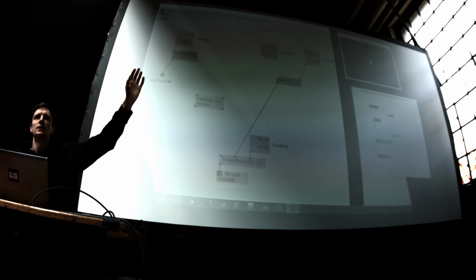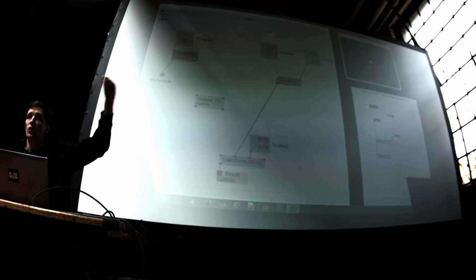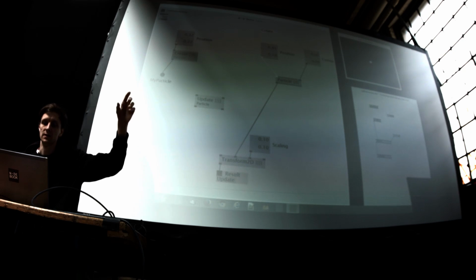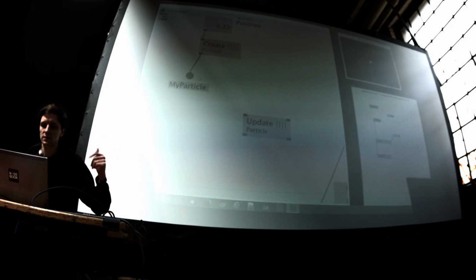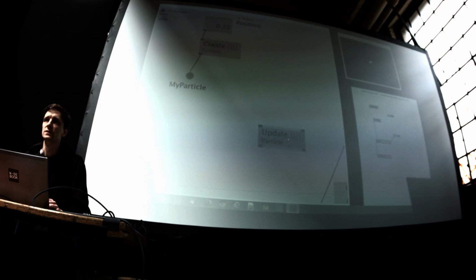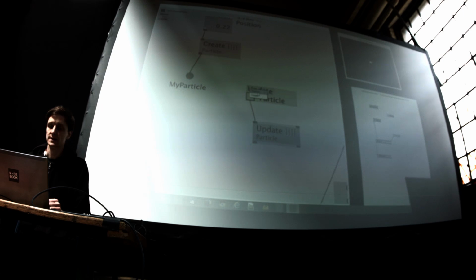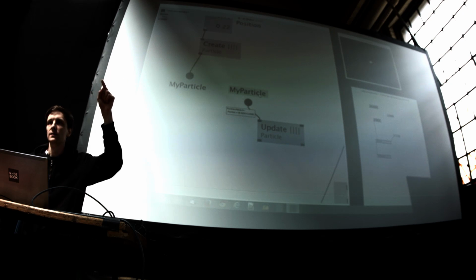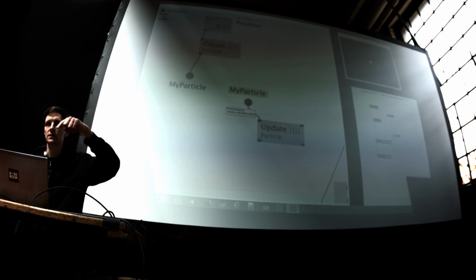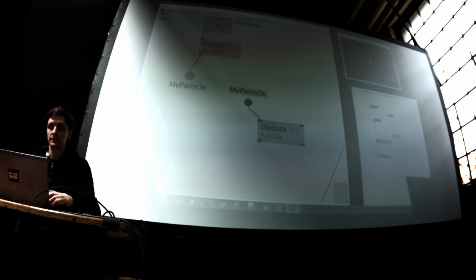So at some point the particle is now created and stored in the field that is called my particle. What can we do with the particle? We want to update it. So every frame we want to update the particle. In order to do this, we take the input of the particle, double click, and say replace with getter my particle. So that I have a reader, a getter, my particle. It goes in the update, and then again